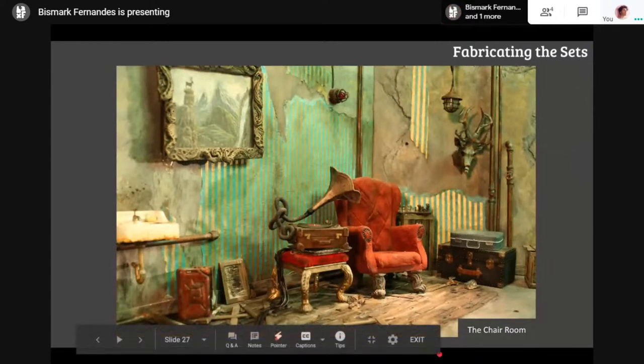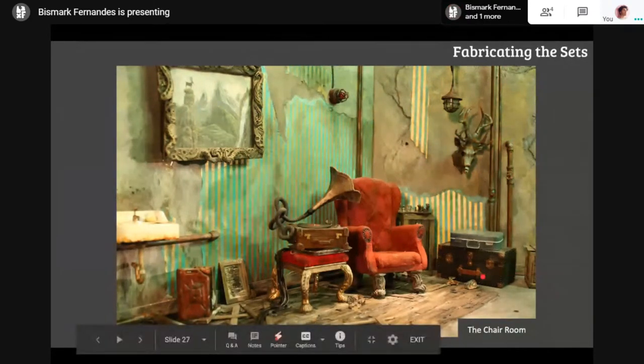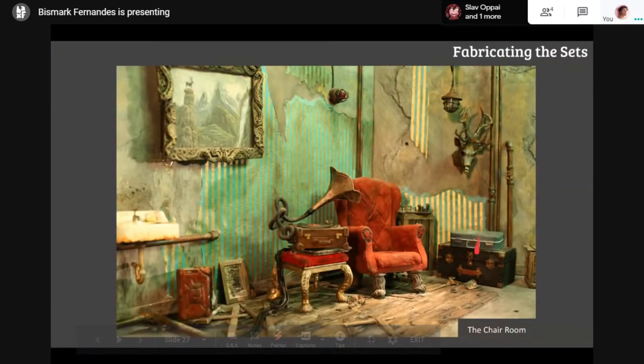And then the chair room. So this was also a very important set, as this had the climax of the film, and this was his area. This is where he went to relax. So it had to have some, this was his gramophone and his chair that he really loved, and then